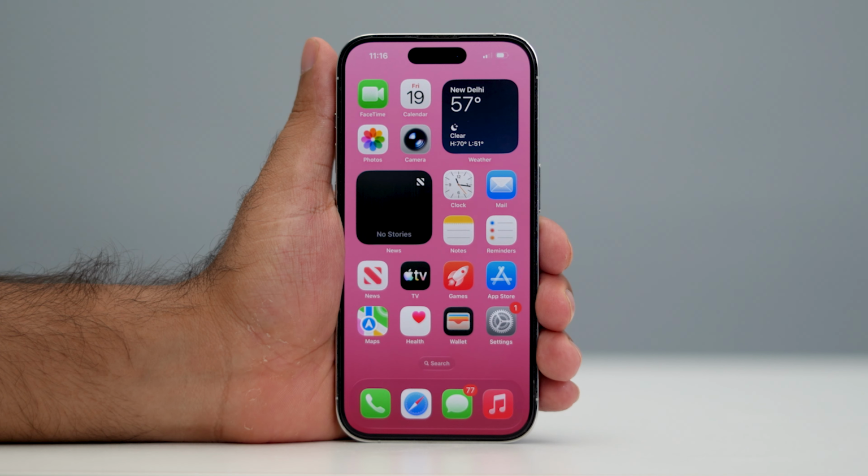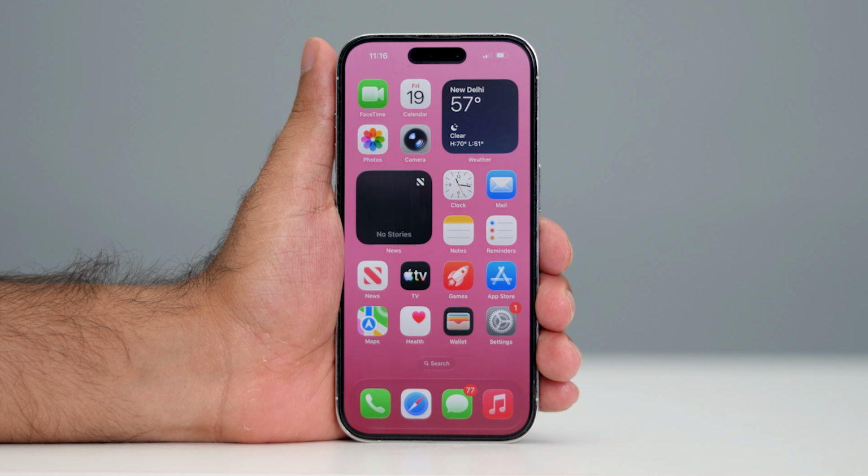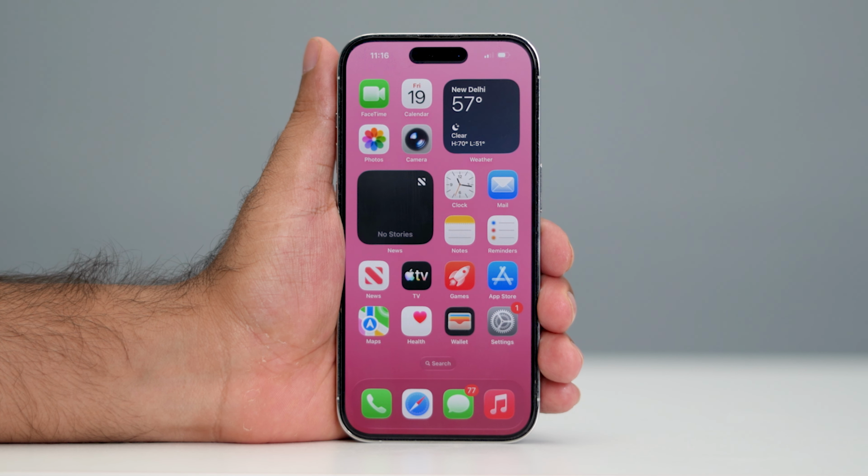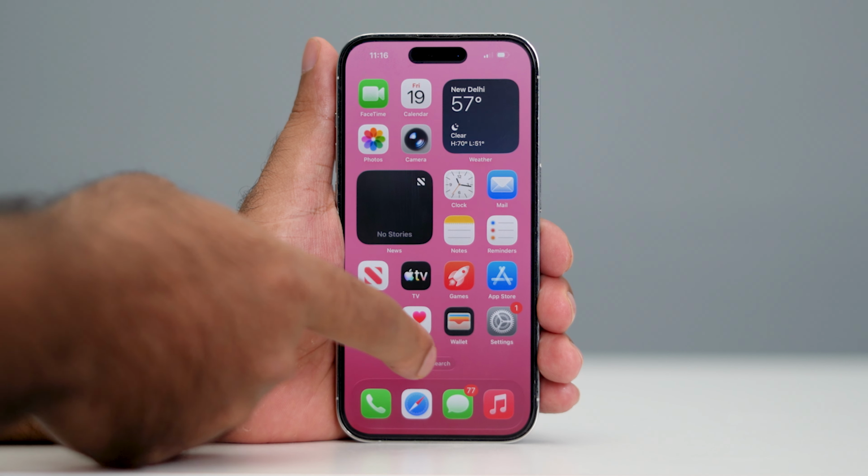Hey everyone, welcome back to another video. In this video I'm going to talk about how to turn on or off flash screen on all your iPhone devices and how we can do it. So let's get started. First of all, what you need to do is go over here,